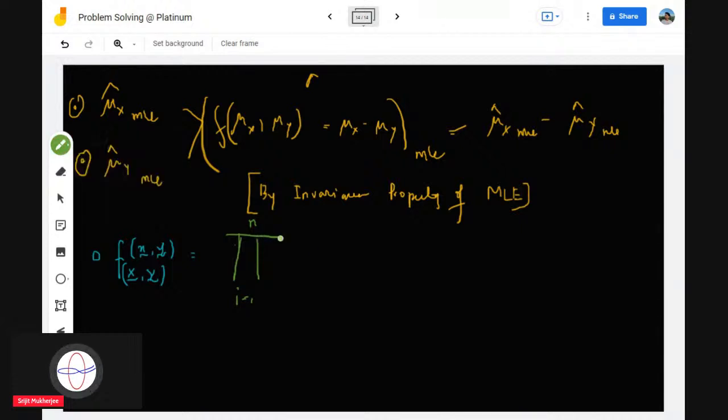The product of some constant. There is some constant always. Let's not take the constant: product of 1 by sigma x, exponential of minus half, xi minus mu x by sigma x, whole square, right? Product of